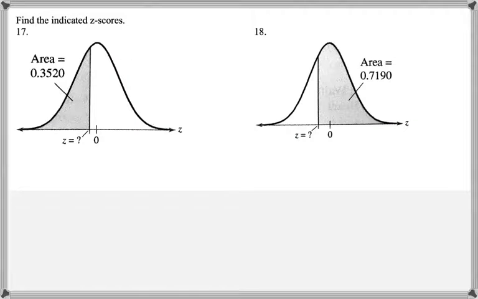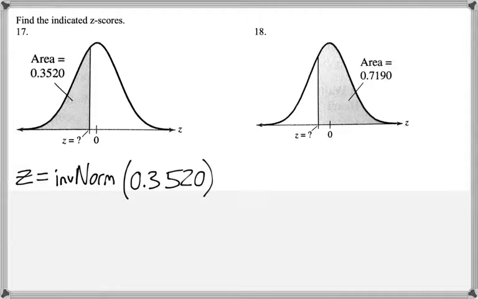Number 17 says, find the indicated z-score. So they provide an area on the left. So we need to type inverse norm of that area. So inverse norm of